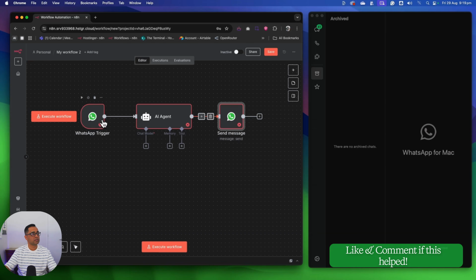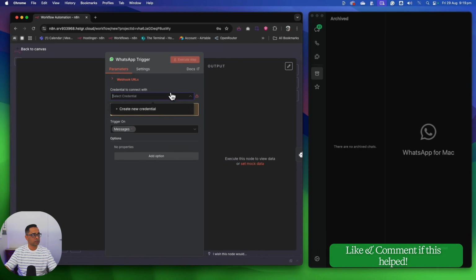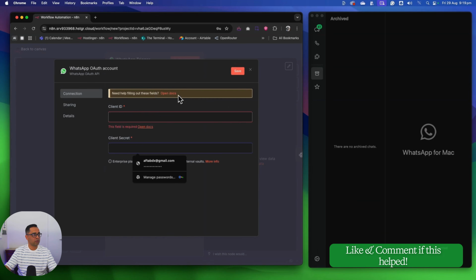So you start on the left-hand side. We need to set up a credential for this. Create new. You can always open up the Open Doc and it will have some instructions for you on how you can set up the credential. But from my experience, I can tell you WhatsApp is actually one of the trickiest ones to set up credentials for. So we need two things. We need the client ID and we need the client secret. To get that, we've got to go to